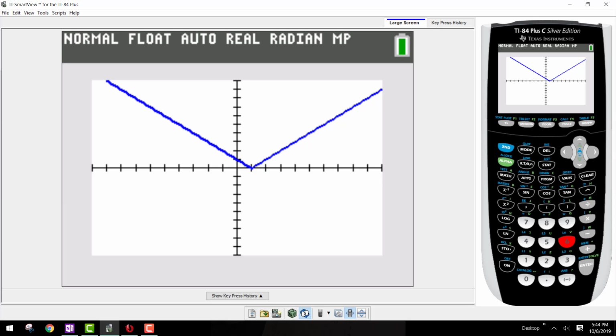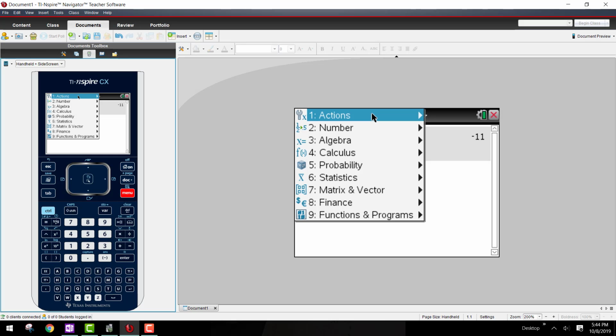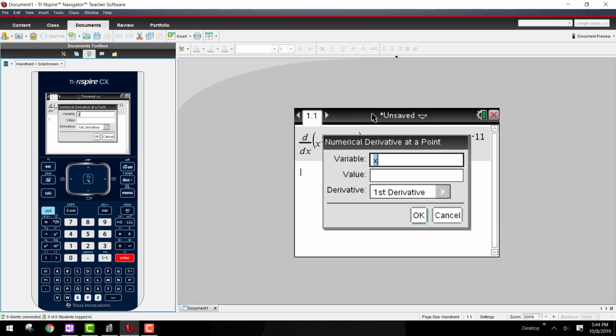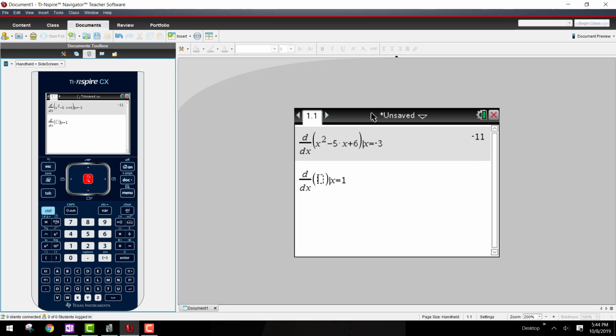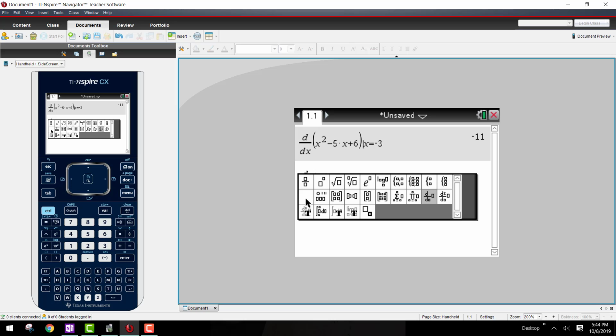The nice thing is I found that the Inspire is a little better at that than the 84, but not always. I mean, in the couple examples I have here, it is a little better, but there are functions that it doesn't work. So if I put in the absolute value of